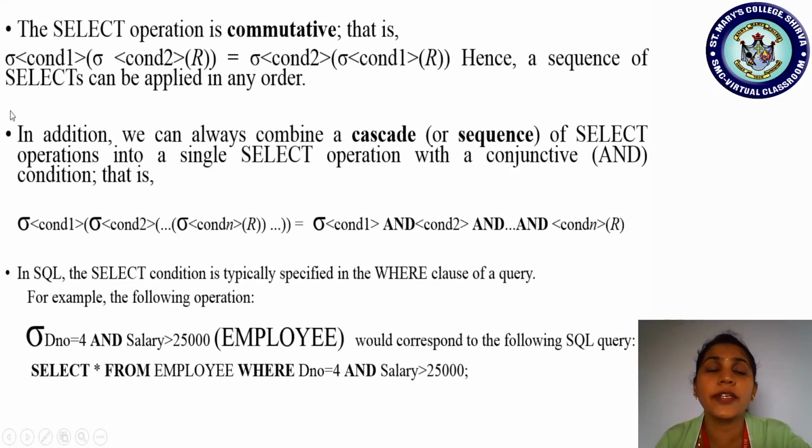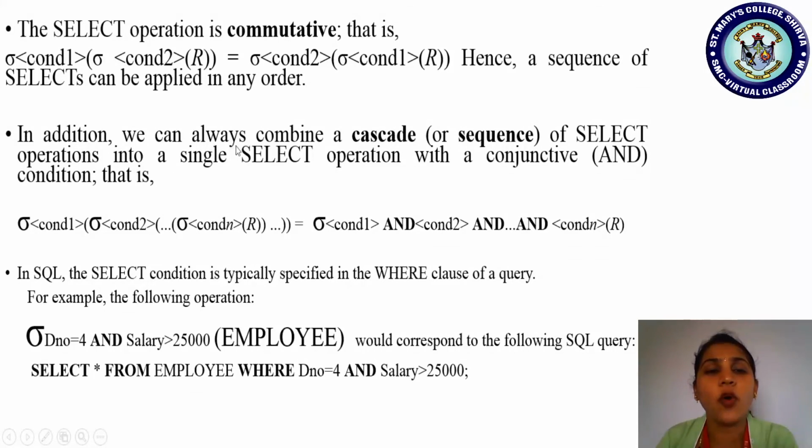The commutative property holds good with the select operation. In this qualifying condition, we are finding two conditions for a relation, and those two conditions can be applied in any order, either condition 1 followed by condition 2 or condition 2 followed by condition 1. Both are equal. That is why they say the select operation is commutative. Let us check another example here.